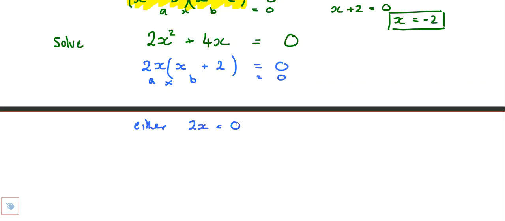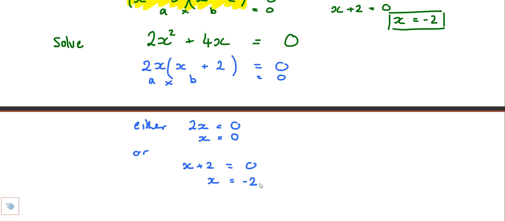Either 2x has to equal 0 or x plus 2 has to equal 0. Now, for 2x to equal 0, I've actually got a second null factor, because a times b equals 0. Now 2 can't be 0, so x has to equal 0. 2 times what makes 0? 0. So x has to equal 0. That's smart. x plus 2 equals 0, so x has to be